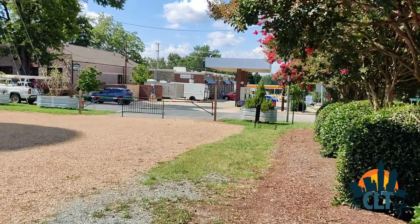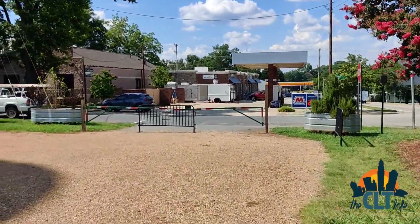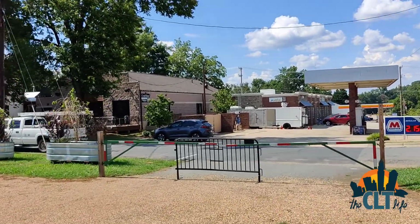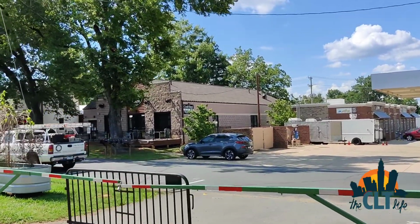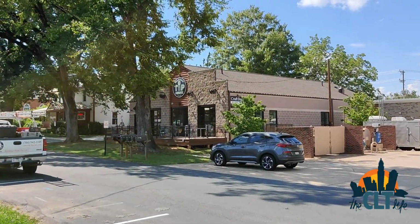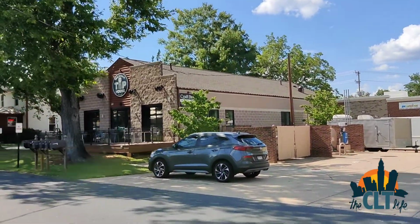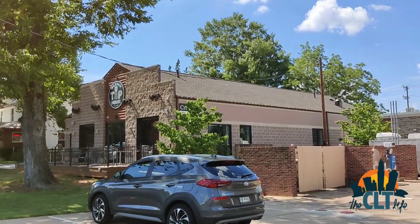There are two other places I didn't get to point out before. One is another one of the newest establishments in Waxhaw, and that is the Waxhaw Tap House. You can probably see where it says craft beer on the side there. I did a video with Waxhaw Tap House just a couple weeks ago, which you can find on my YouTube channel, the CLT Life YouTube channel. We've got Waxhaw Tap House here,